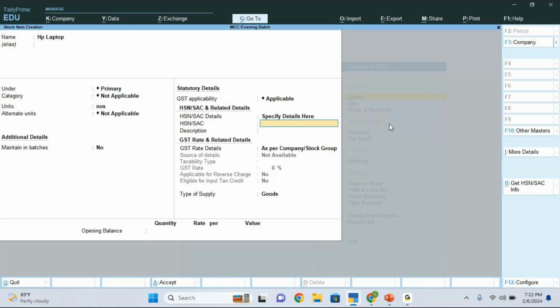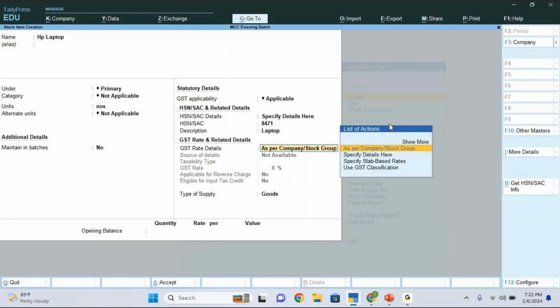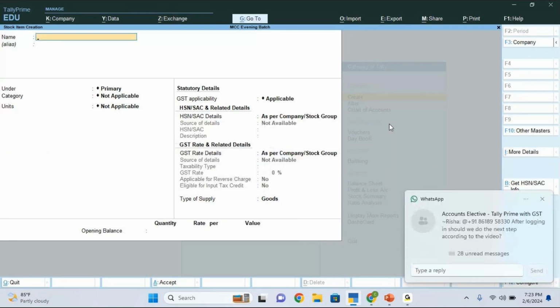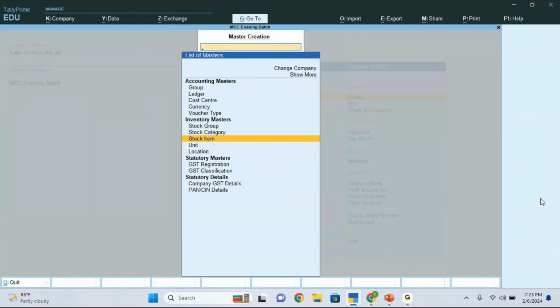So your HSN code will be 8471. So this is the HSN code for laptop. So description again will be the same, laptop. Here I will provide the GST rate. So again I will choose the specified details here option. So this is a taxable good, 18%, and you can accept the screen. Okay, is it fine? So after providing all the details, after creating the ledgers and stock item, let us record